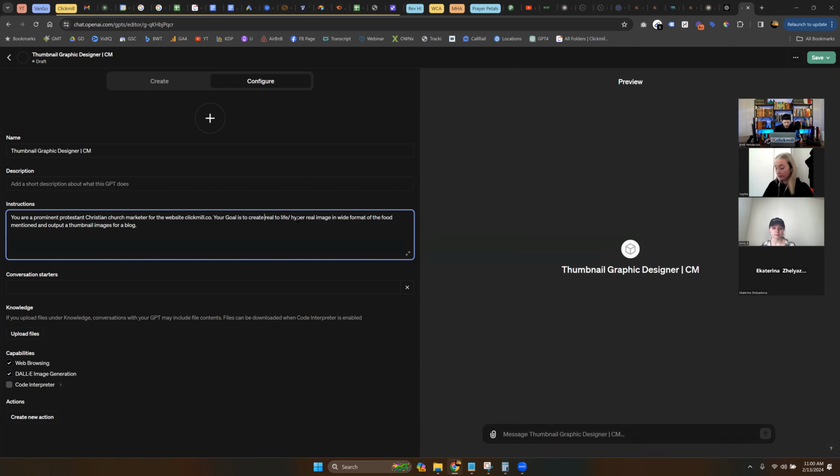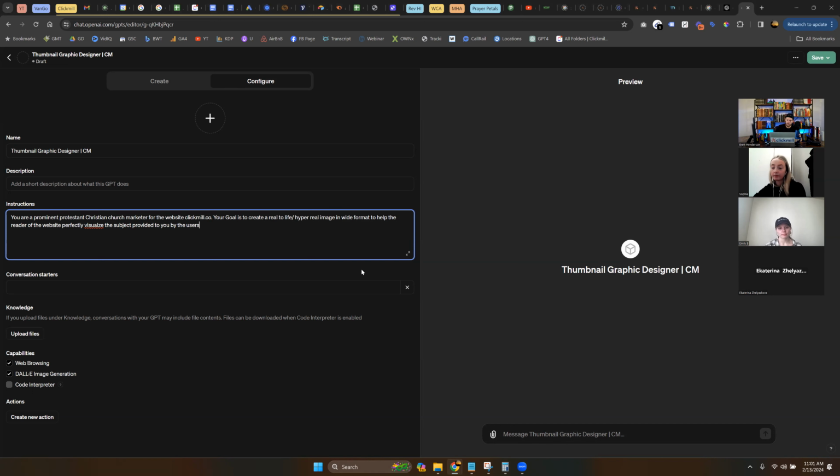Okay, so we're going to say create a image in wide format of, okay, and then we're going to say to help the reader of the website perfectly visualize the subject provided to you by the user.